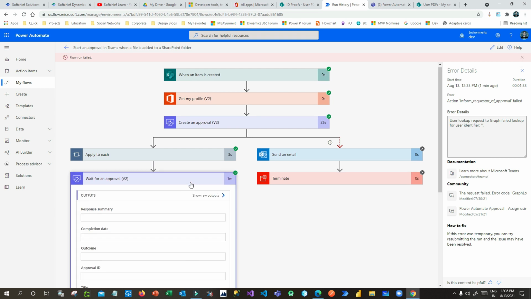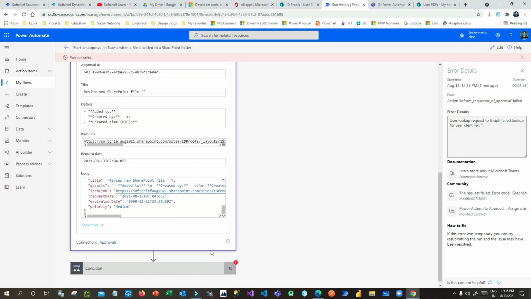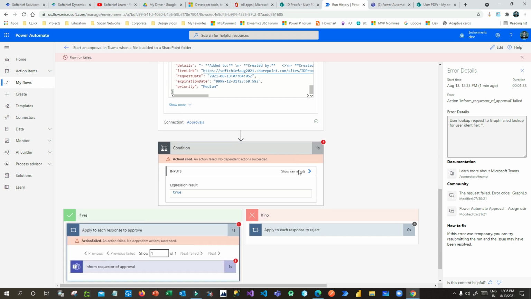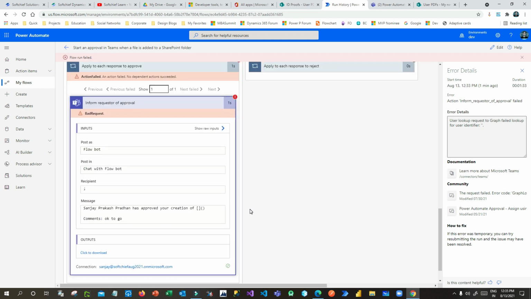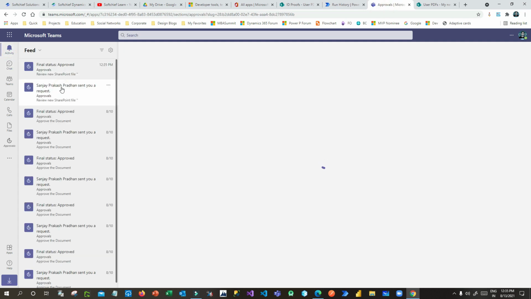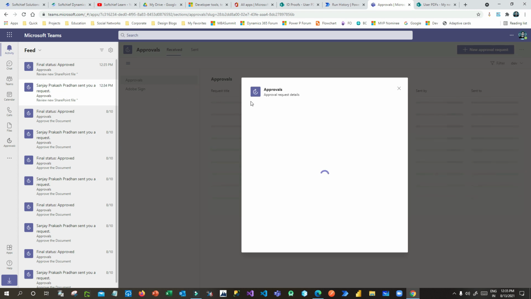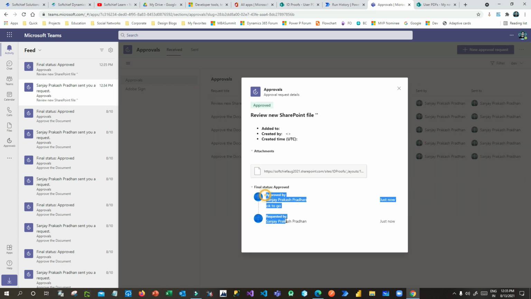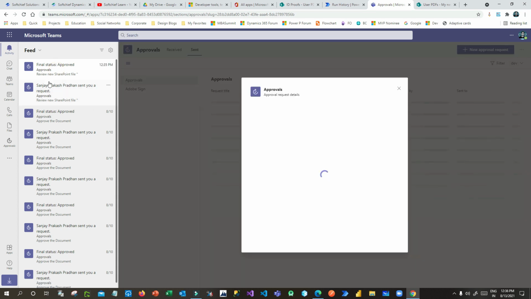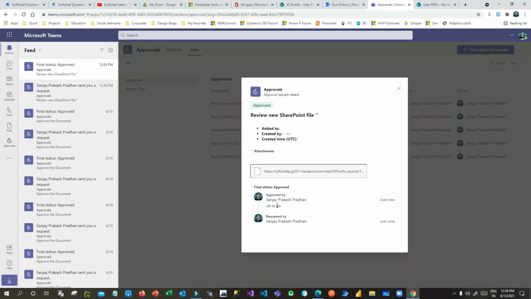Now the condition. Okay. Apply to each loop. Inform the requester. Now this requester gets an activity, right? So this is the approval which is initiated, and if you go to the top, this is the message that we have received. Final status is approved, right?